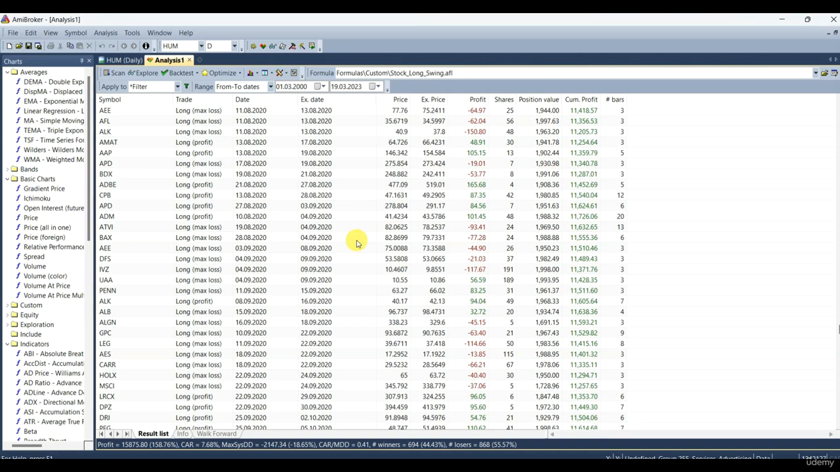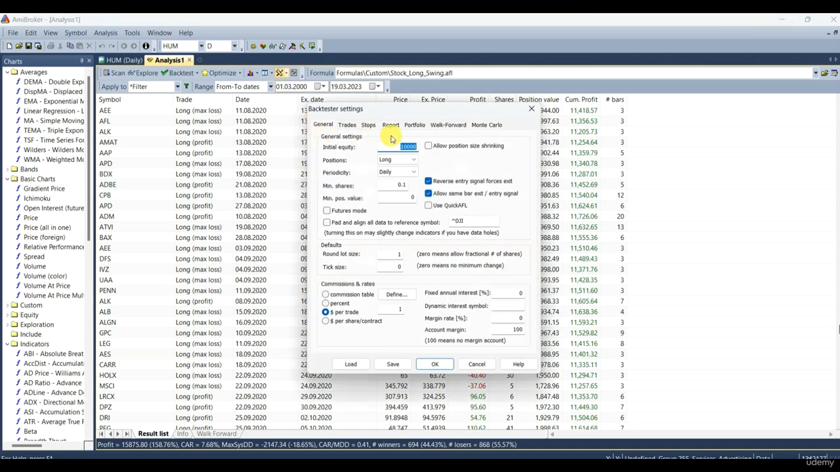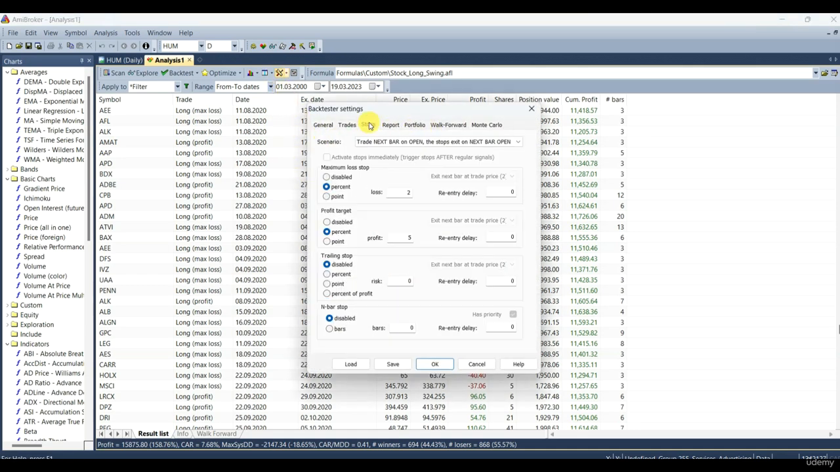Third one is to change how we exit the position. And again, it is in the backtester settings and in stops. Now we are backtesting with this setting. Trade next bar on open. That means that when we get a signal, we wait for the next day open, and then we exit the position. Again, when, for example, we reach the predefined stop loss, the next day we are exiting on open. We can change that to